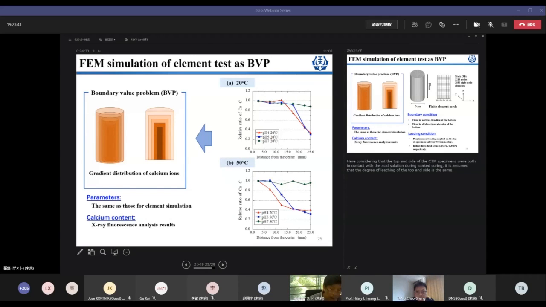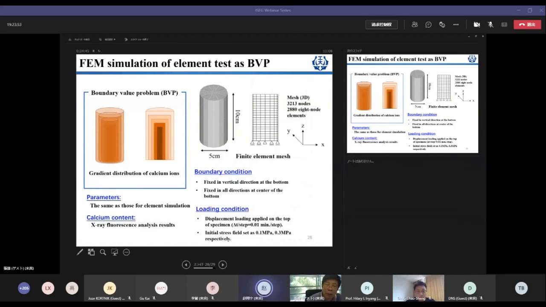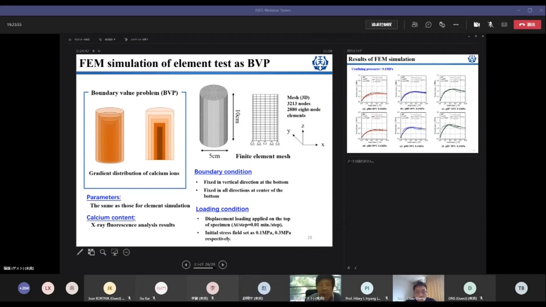In other words, the influence of these non-element behaviors, to what extent should be neglected or cannot be neglected. So then we conduct the finite element analysis, taking this so-called element test as a boundary value problem, and just put in all the constitutive material parameters as one set, and take this one as a boundary value problem, and solve it, and to find out